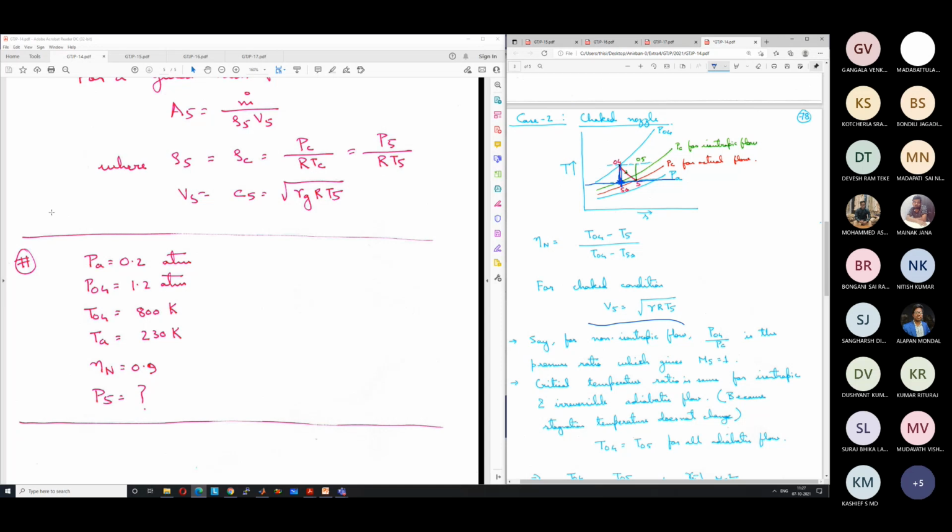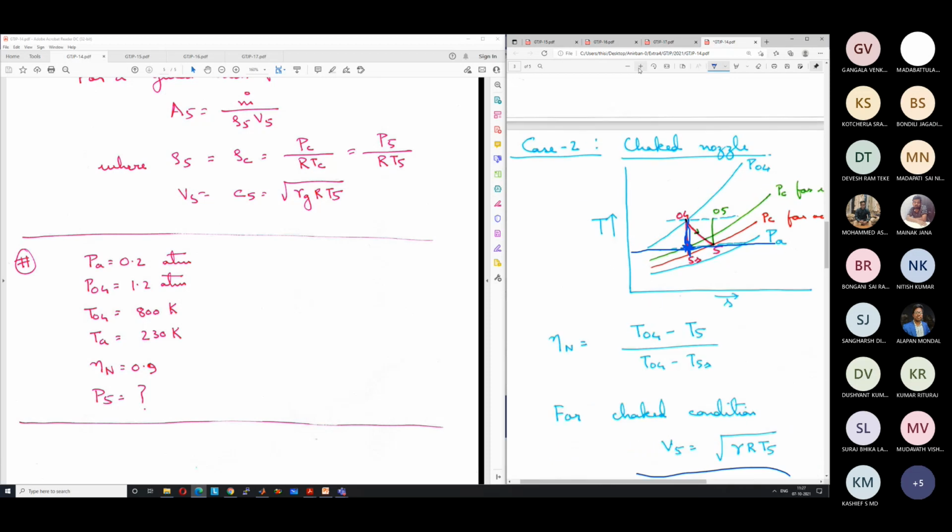Like here, will the point 5s be reachable, if the flow is isentropic also? If the flow is isentropic, obviously you will not follow this line. The flow is isentropic, entropy cannot increase. So you have to follow... Yes, it will be up to the green line only. Why will it be up to the green line, and why will it not go to the red line?